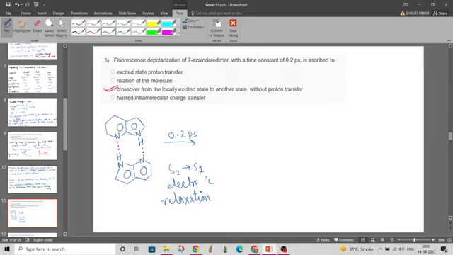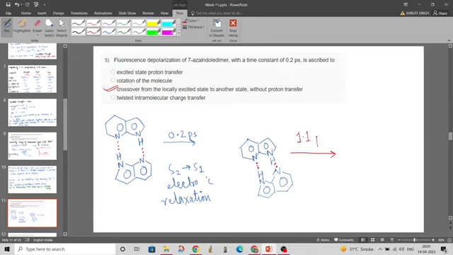So it is just a relaxation process without the proton transfer. Okay. And in the next step, the proton transfer happens,